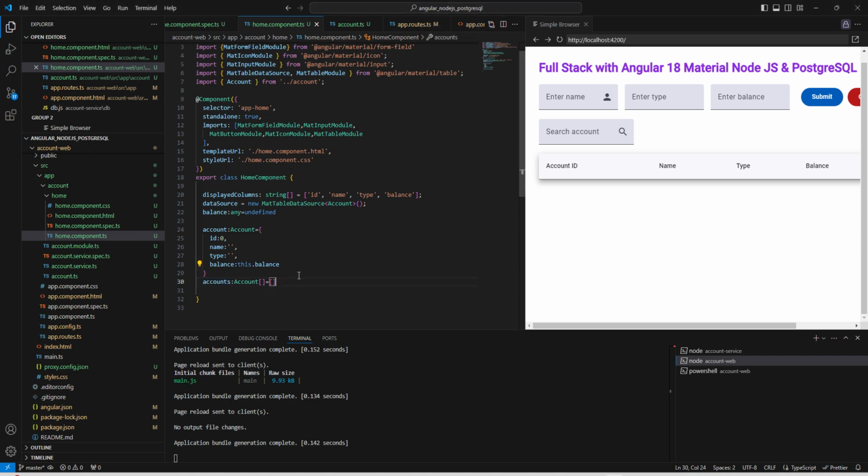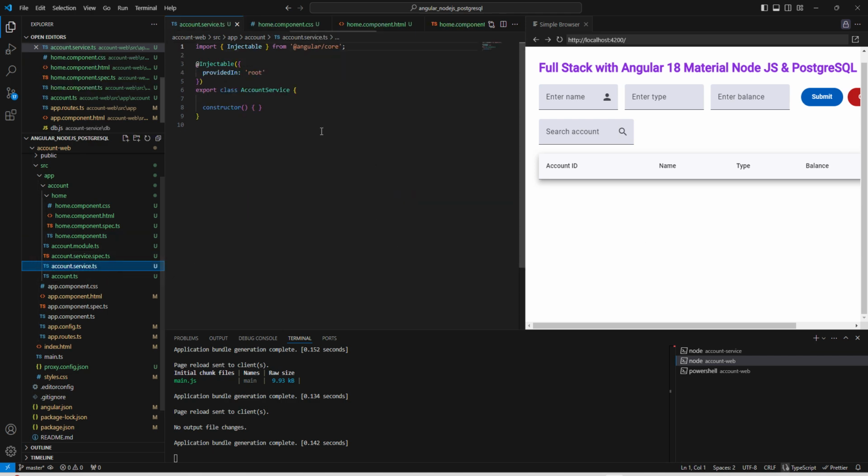Fine. Now let us do one thing. Now we have shown our headers, column headers. Now let us focus on the data part. So let us implement our get mapping so that we will show all the accounts which exist on the database side. For that, first we need to define our